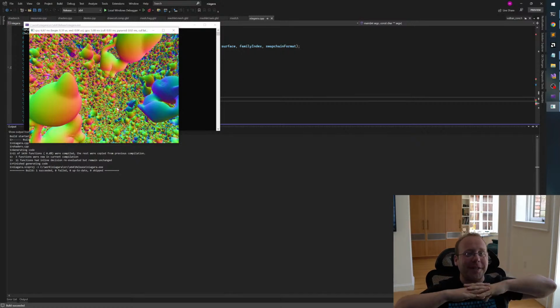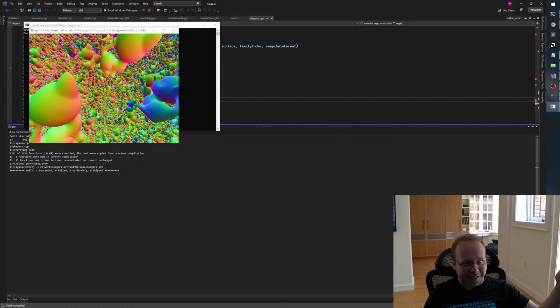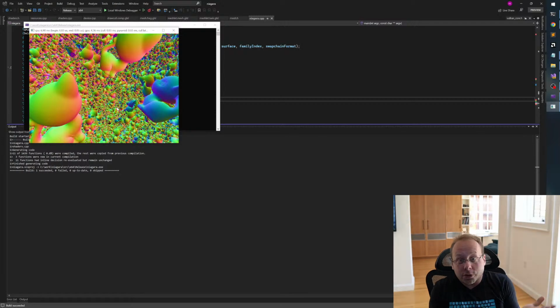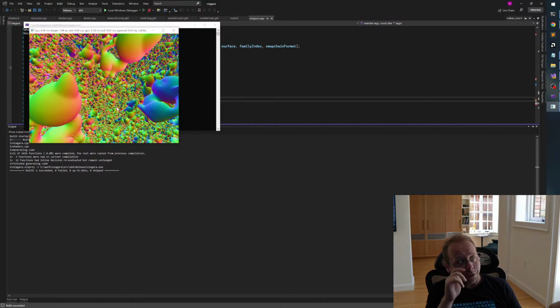So the cost of beginning dynamic rendering is exactly the same on AMD drivers for our specific use case between a pre-created render pass object that ostensibly has all of the data that it needs to cache in the driver, and just filling the structure and passing it to the driver, which doesn't know what it needs to do and does everything from scratch. So this is great. From this perspective, there is no downside to using dynamic rendering, right? You are not going to lose, except for the fact that dynamic rendering is a Vulkan 1.3 feature, which is not widely available on the previous versions of the API. So caveat aside,